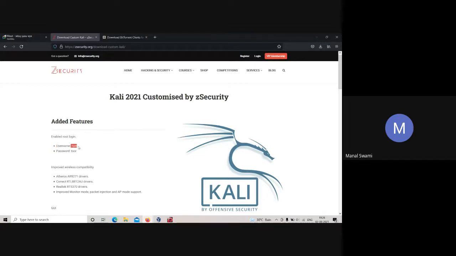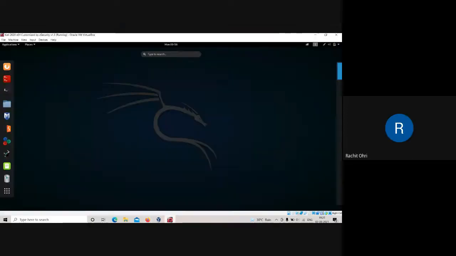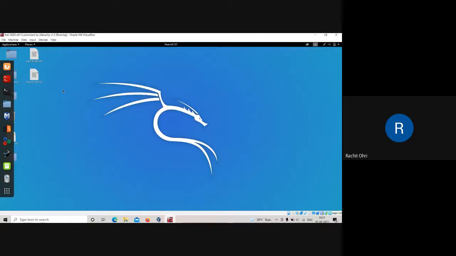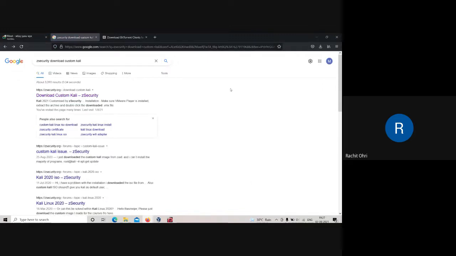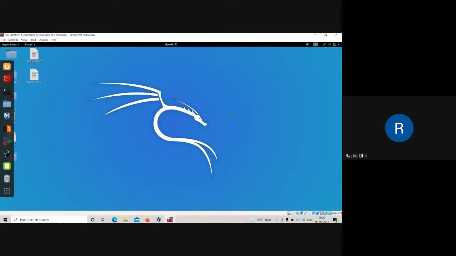This will work, sir. This has to work. I have downloaded it from Offensive Security, the previous link you shared. Okay, then the password is root and root. Okay, that is what I was thinking, that these are the login credentials and I am able to log in over here. So will it make any difference downloading it from the other source or from Offensive Security?